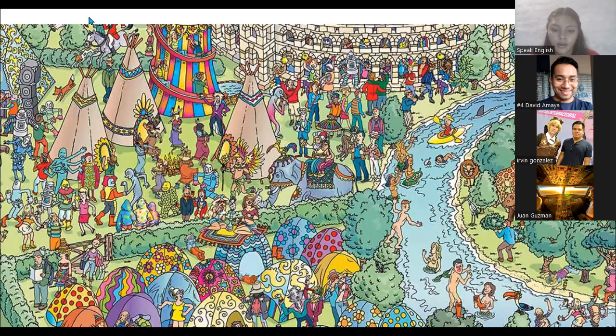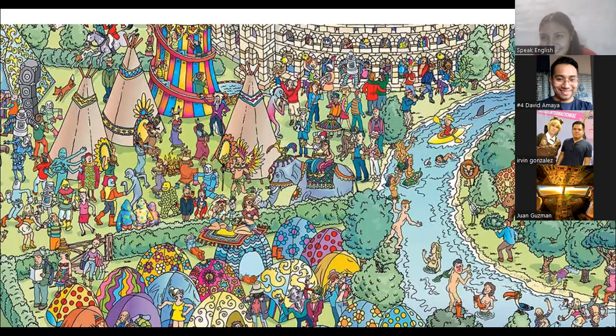Well, I can see just only one. Okay, so do you agree, David and Irving and Raquel? Just one? I can see two. Really? Yes. Where is the other one? The other one is close to the bear and near to the giraffe. There is not a giraffe. Elephant. Yes, where is the